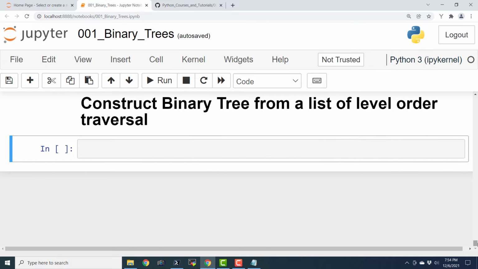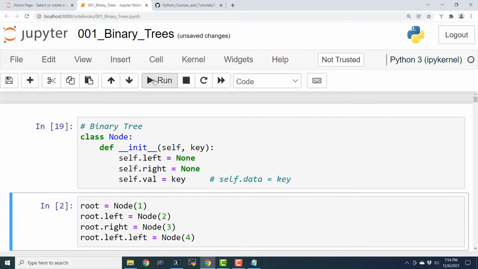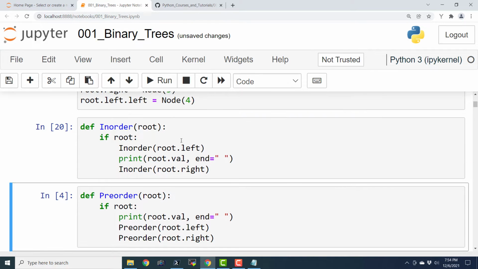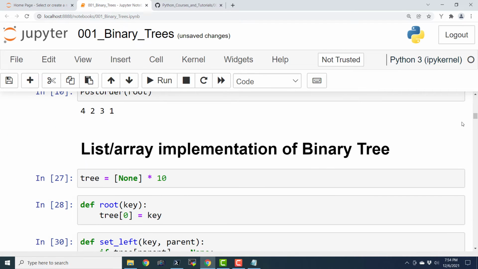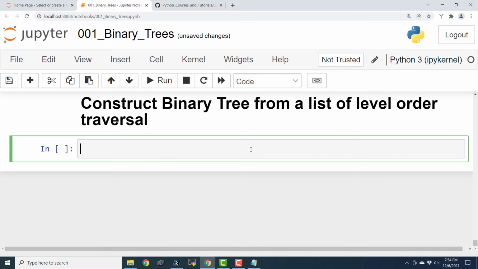We are already going to use the notebook that we have created for our earlier demonstrations. So here we have the node class, then we have in order, pre-order and post order. Now let us scroll down and this is the heading. Now let us go ahead and write the code for inserting with level order.